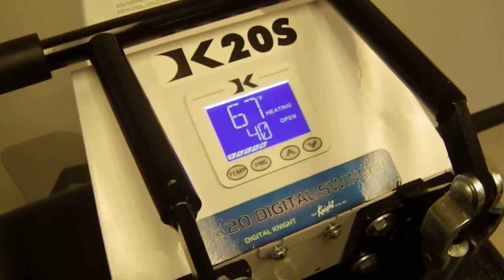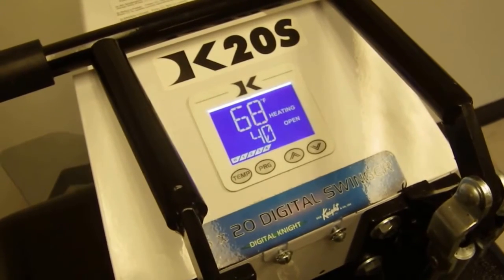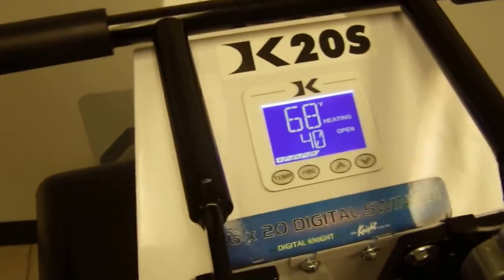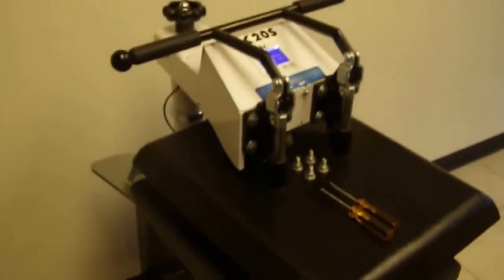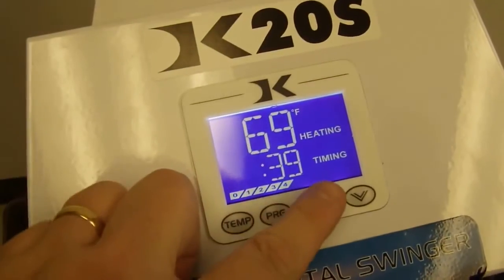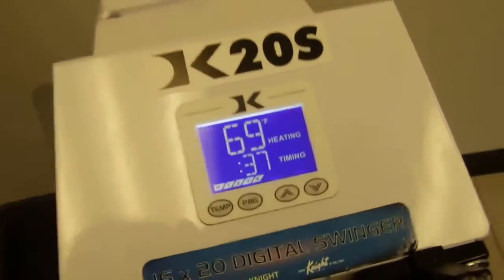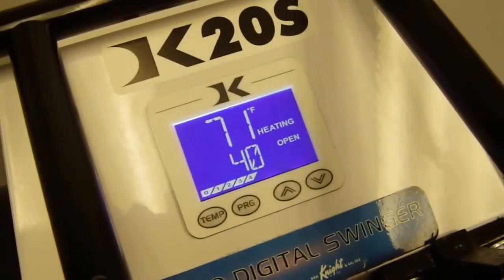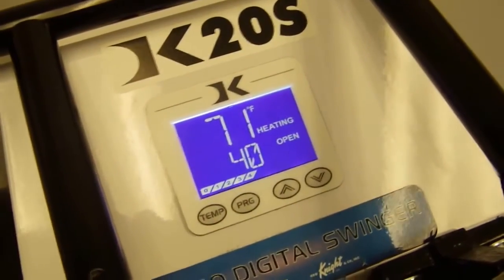Okay, this is a quick troubleshooting tutorial on how to solve timer countdown issues on swing-away presses like the DK20S or the swing-away combo, which I'll show in just a minute. Basically, when you close the handle, the timer should say timing and count down. When you open the handle back up, it should say open. If, however, when you turn your press on, it immediately starts counting down, or it's not responding